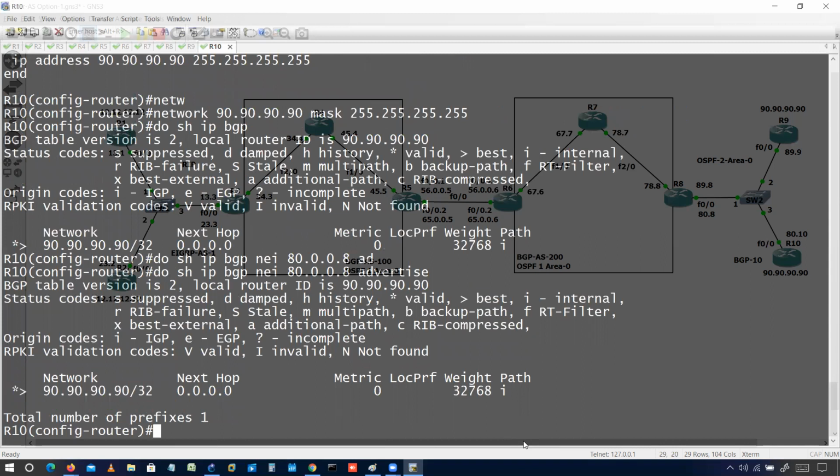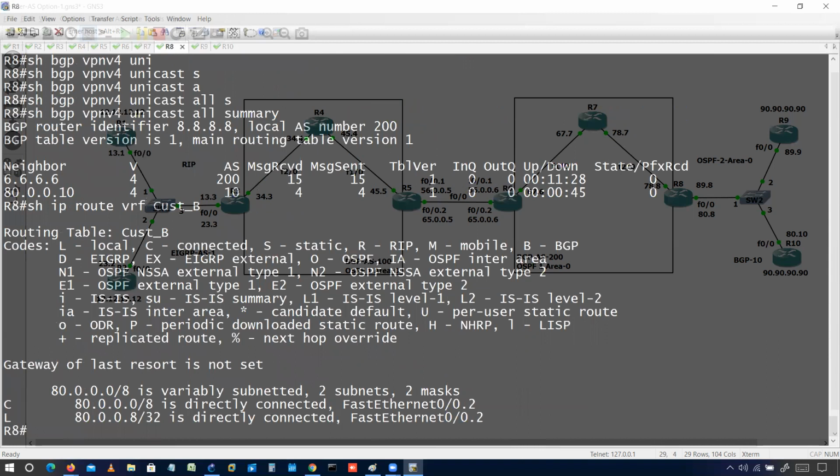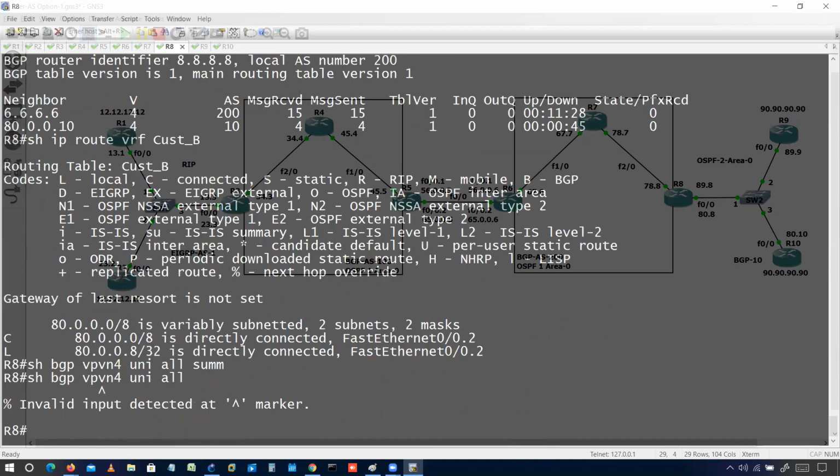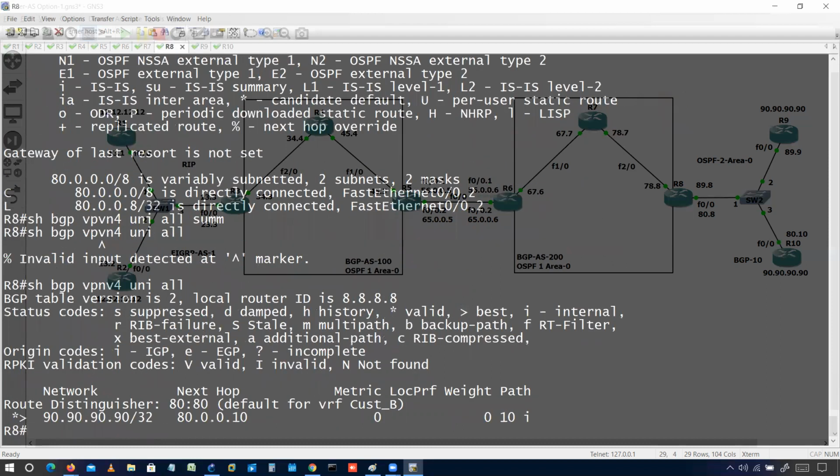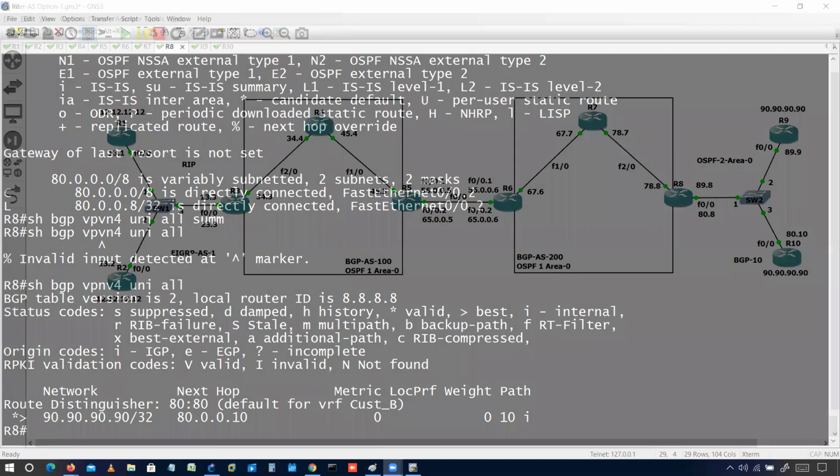Now I'll go to R8. And here also we can see the route.